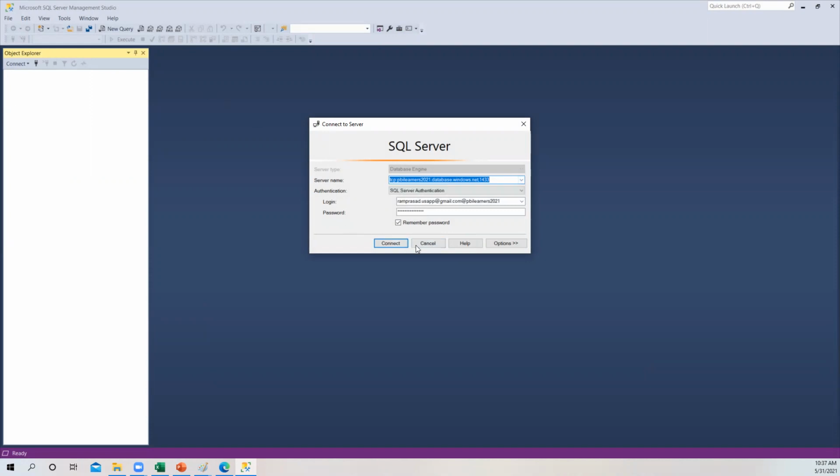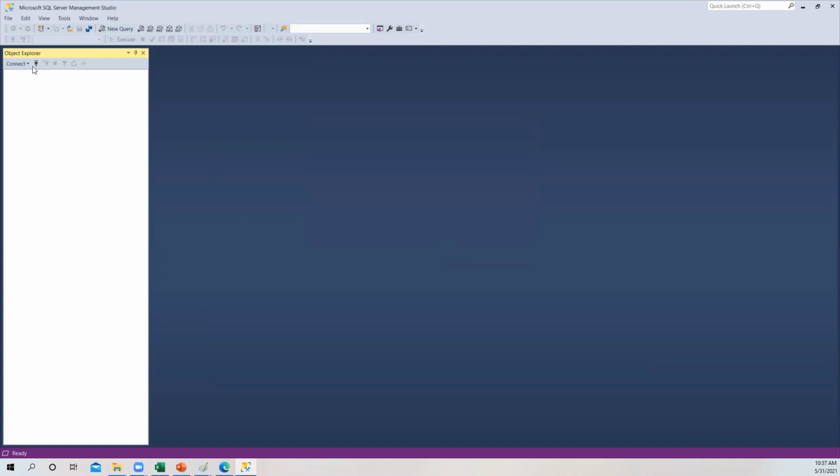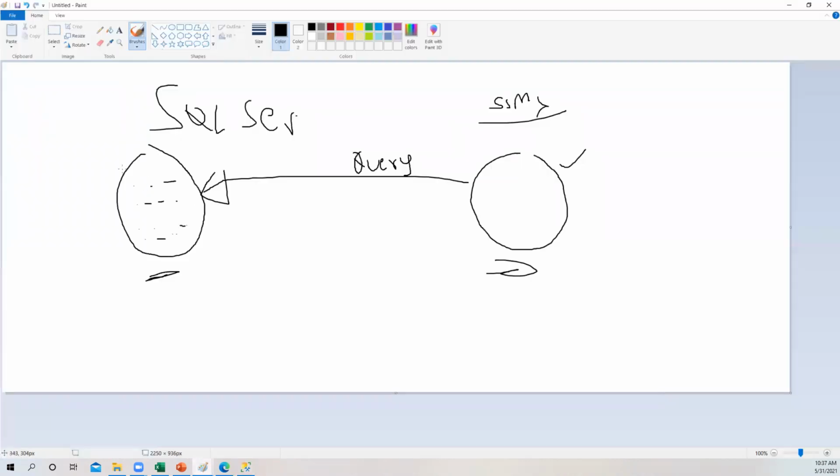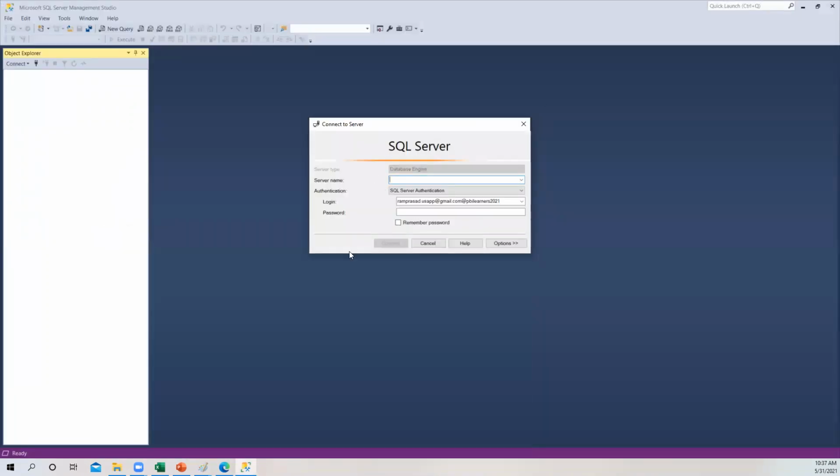So it also has some address, right? So what you do, guys, go here. Select the database engine. You have to know the address of this one, right? But guys, since the SQL Server is installed on your machine, that server is on your machine.